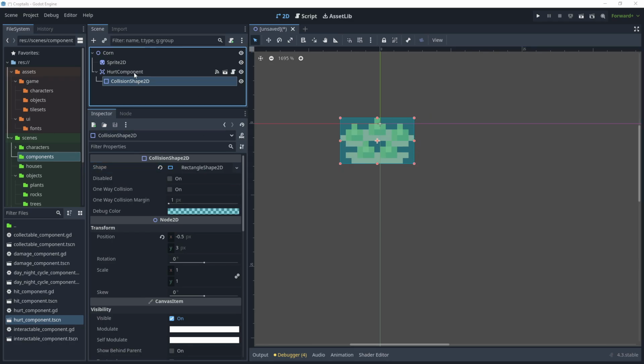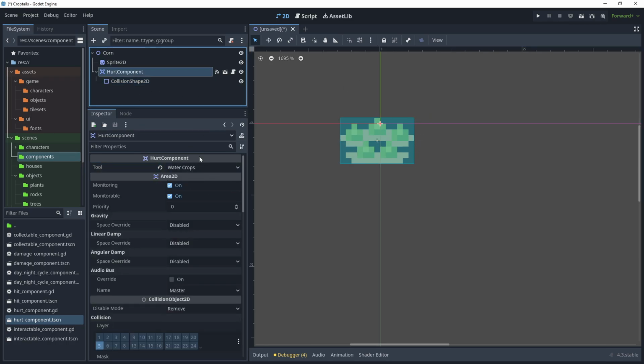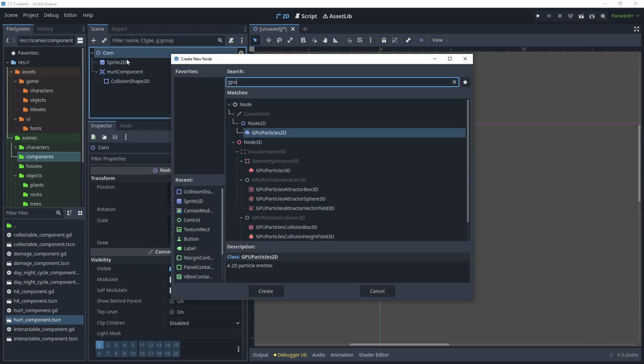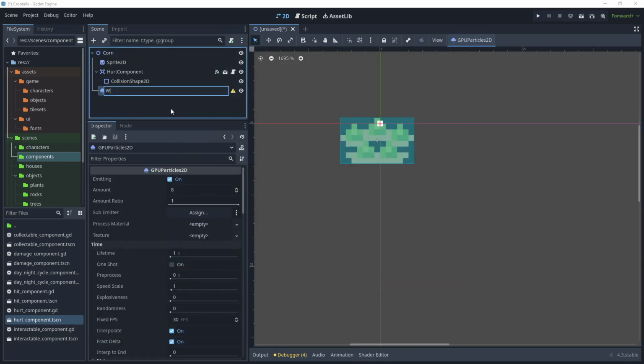So we are using the Hurt component to receive the hit from the player's tool, and by setting the Water Crops tool, when the player goes to water the crop, we can receive that event and then start to process the growth cycle. So back on corn, say add child and search for GPU particles 2D and rename this to